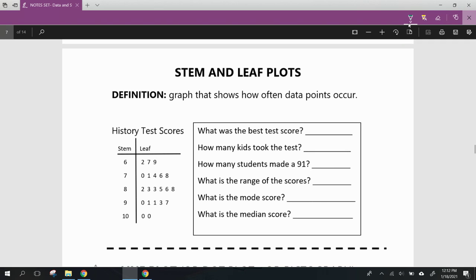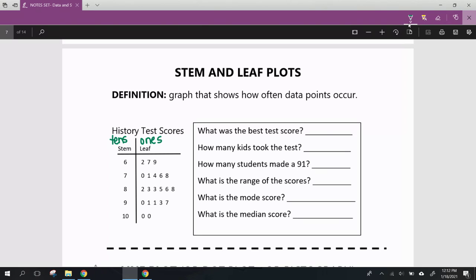The next graph that we're going to review are stem and leaf plots. Our definition is that a stem and leaf plot is a graph that shows how often data points occur. So in our example here, we have history test scores. Our stem, in this case, is going to represent our tens digits, and our leaves are going to represent our